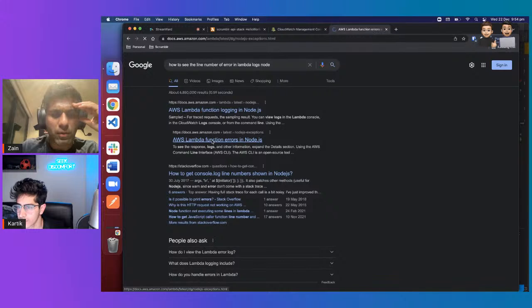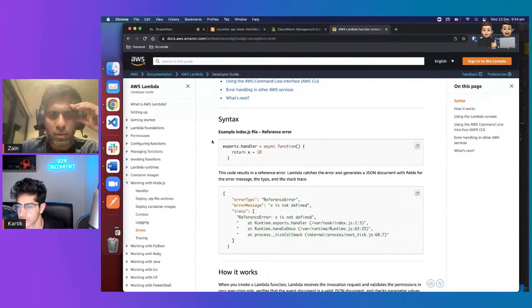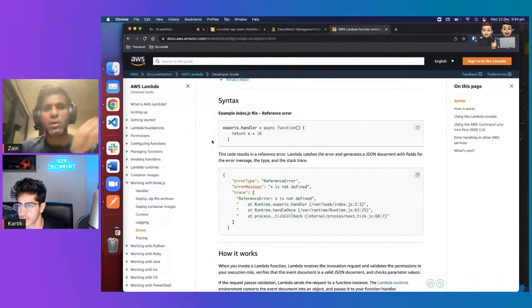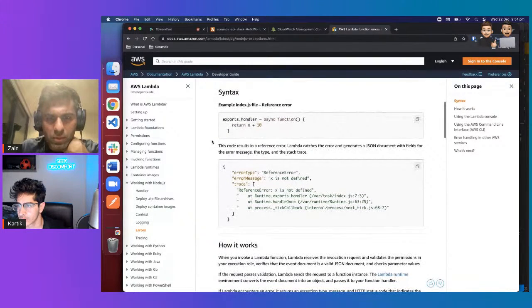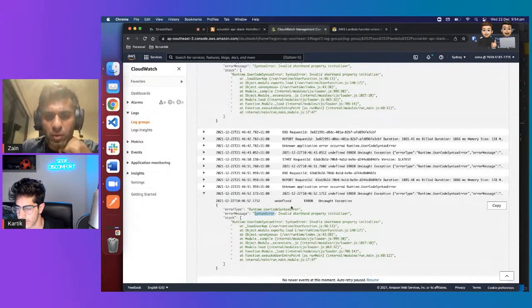Errors in the console line. So, access. Oh, so it does come from the handler, which means that in our case it would be